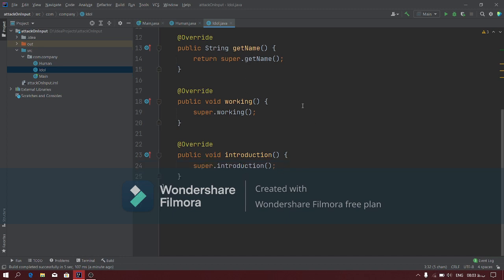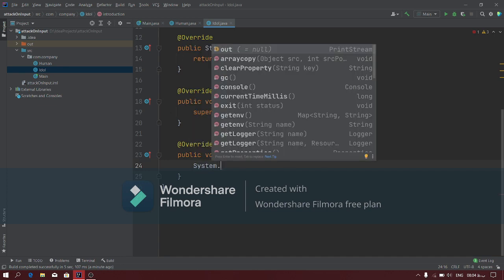I'll tell you how. You just have to come here in the override method introduction right here. You just have to remove this, okay? And this is not going to work again the way the superclass does. And how is it going to work? I can write whatever I want here, and of course, for example,